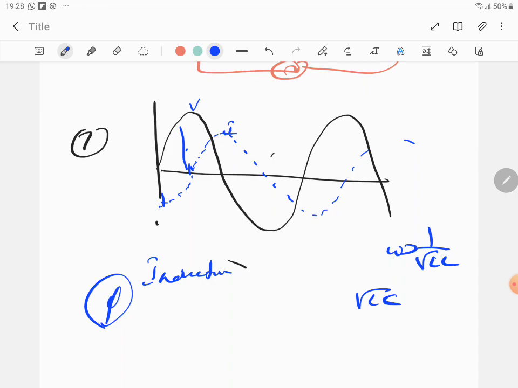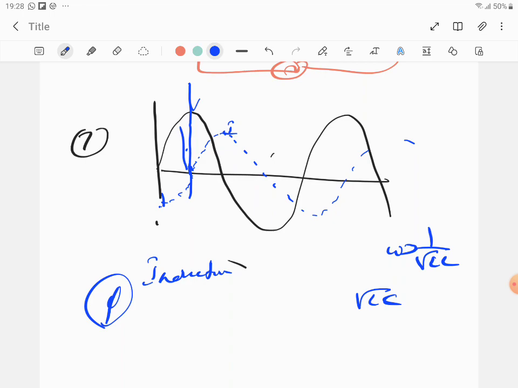What else can you infer from it? This circuit is inductive. Whatever we wrote is correct. This is definitely an inductive circuit, so the voltage is ahead, the situation corresponds. They can't call it purely inductive unless there's a pi by 2 change. The phase has to be pi by 2. If it's pi by 2, you can call it inductive. Otherwise, you can say it's more inductive in an LCR circuit. We can't say it's purely inductive. It's more inductive. Are you clear?